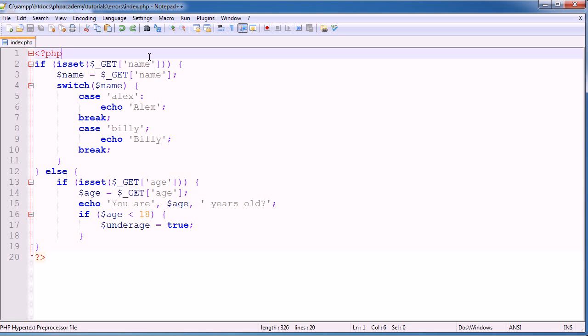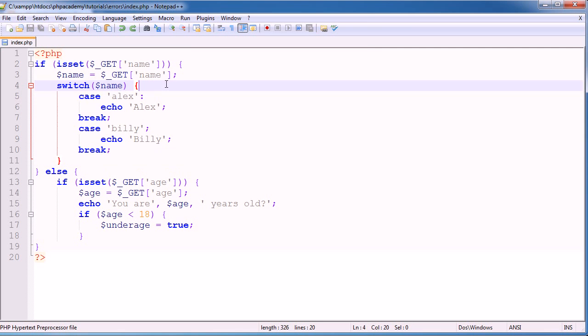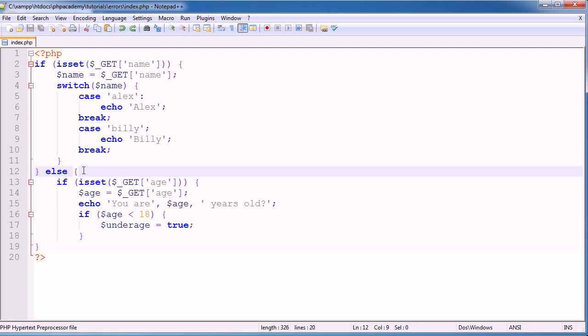So when you are writing a block of code, for example within an if statement, we've got if is set get name, so we're checking if this has been set in the URL. We execute this entire block here, which makes sense. We've then got a switch here with a block within here. So we are just basically creating if statements, switch statements with blocks. If we have, say, this else here, and we have this block here,